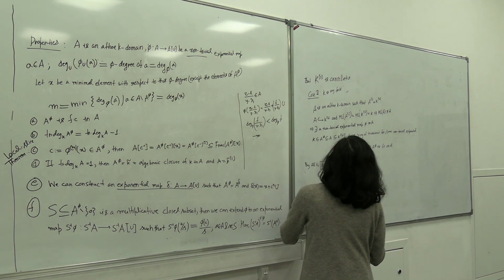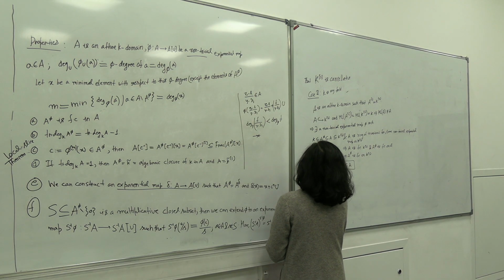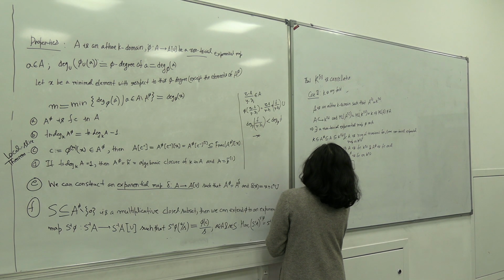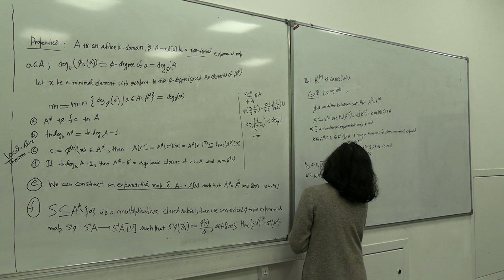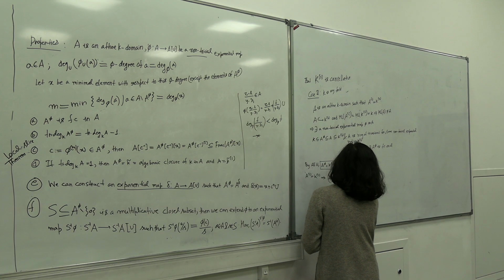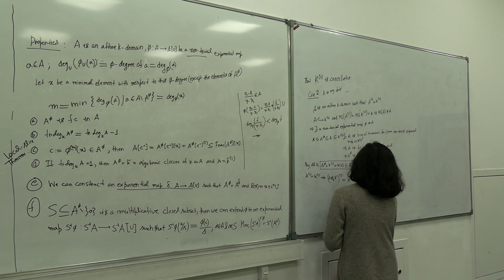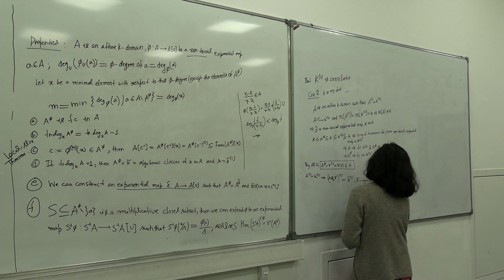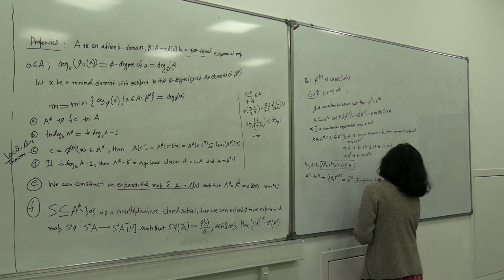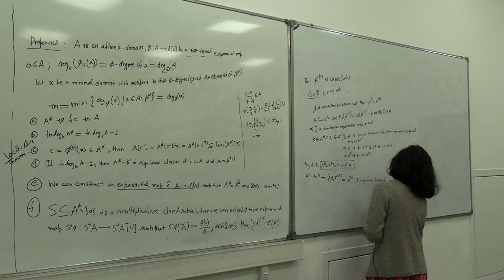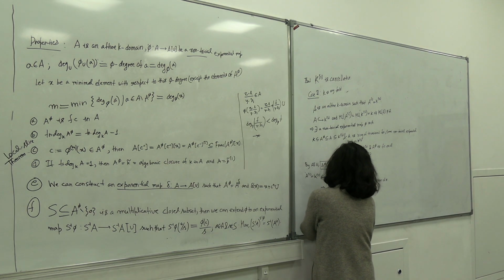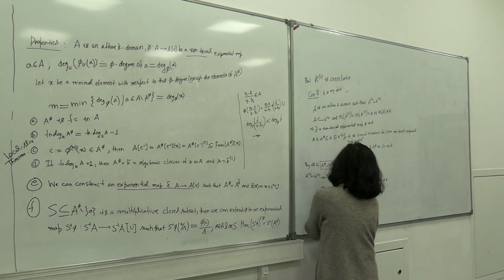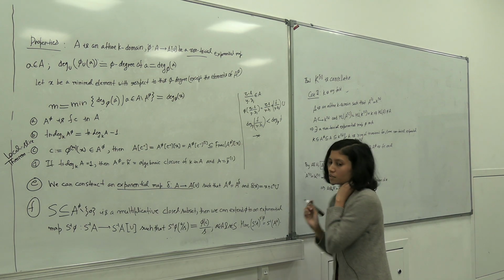Now we already know that this is true for an algebraically closed field. So we have A[1] is equal to K[3]. So this implies that A tensor K of K bar [1] is equal to K bar [3], where K bar is the algebraic closure of K. So we can get it from here, and by our case 1, this implies A tensor K of K bar is K bar [2].